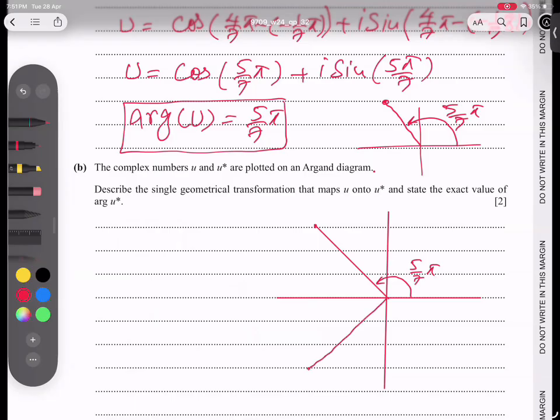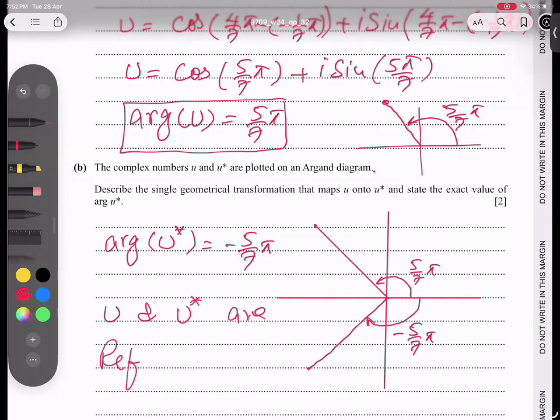And it was a conjugate. So naturally, this is an argument. How much is this argument? Negative 5 pi by 7. So if I ask, he's asking to describe fully a single geometrical transformation of u and u star and the exact value of u star. So you can say that the argument of u conjugate is minus 5 pi by 7. This is 1 mark, and for 1 mark we can say that u and u conjugate are reflections of each other